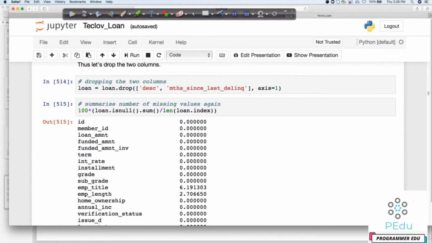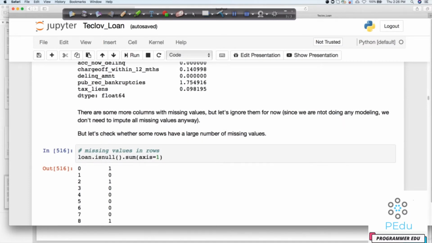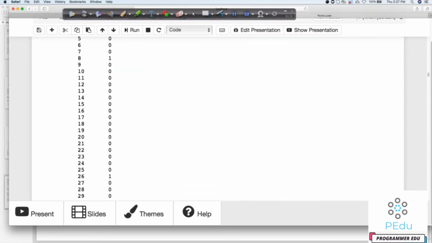Let's look at my null values again, and this is the data we got. Now we still do have a lot of missing values, but if we want we can ignore them for now, because we are not going to build any machine learning model here. It's just EDA. So if required in the future to remove something, we will keep on doing it, but for now let's ignore it. Whenever the requirement comes, we will take a look. So let's look at the missing data in rows also now, because we would like to see if there is any row where we have more than, let's say, 5 missing values. In that case, we would like to remove that particular row. So this is the row count which we are getting.